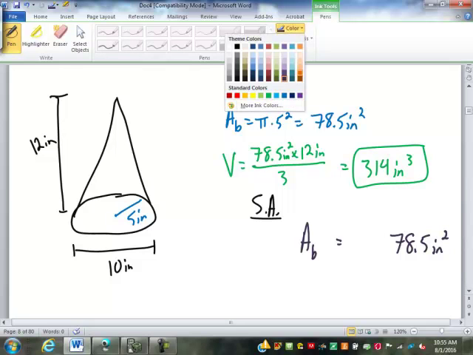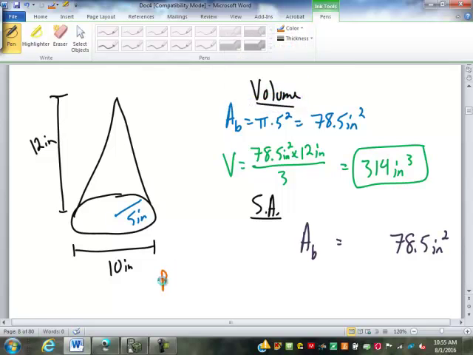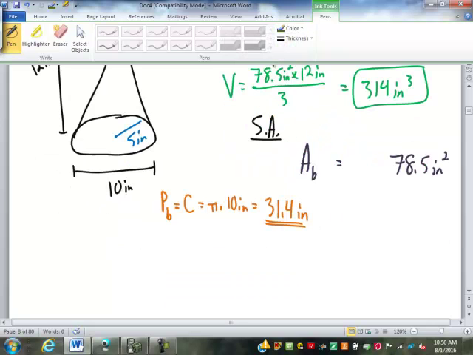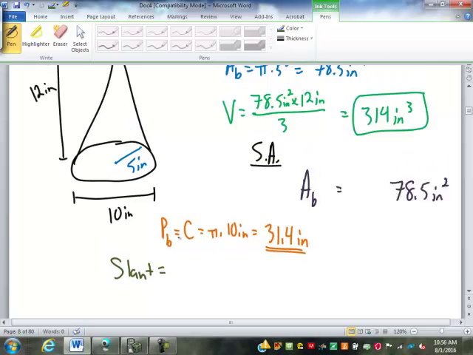For our lateral area, we need the perimeter of the base, which, again, this is a circle, so it's the circumference of the circle, which will be pi times 10 inches, or 31.4 inches. Since this surface does not go straight up and down, however, we cannot use the height. We have to have a slant. And to find that slant,